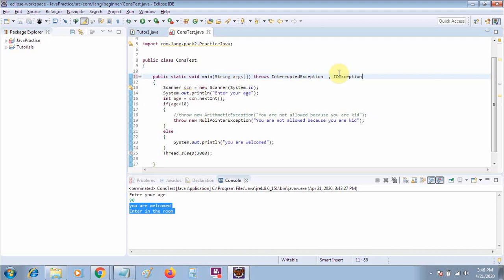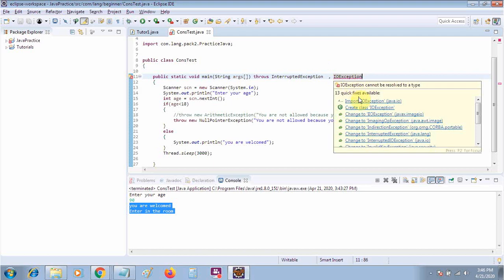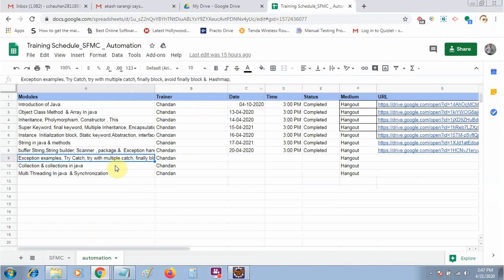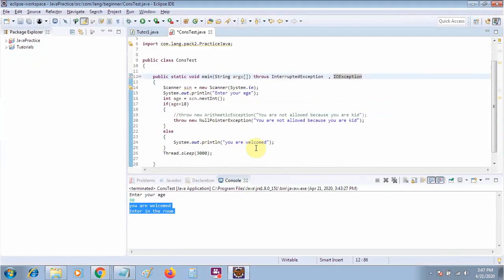Now let's discuss the main difference between the throws and throw keywords. Always remember, throws will be used with the checked exception only.